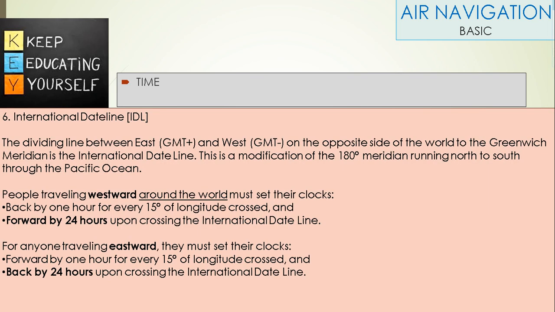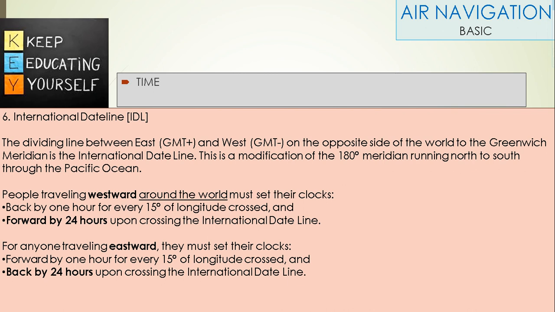So, the international date line. The dividing line between East GMT and West GMT, on the opposite side of the world to the Greenwich meridian, is the international date line. This is a modification of the 180-degree meridian running north to south through the Pacific Ocean. So, it's a very interesting concept. People traveling westward